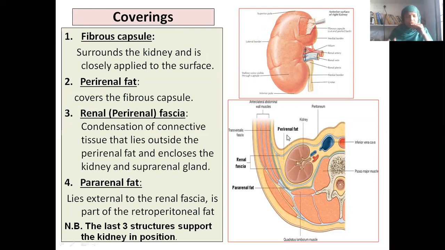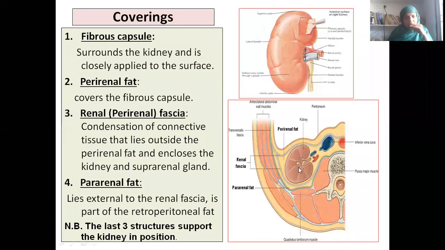It is highly confusing, but this particular part you read from my PowerPoint only, because I have prepared it from Datta. Okay, very clear explanation is there. And of course, in Vishram Singh it has been condensed too much. Very short it has become. At least this particular part I want you to read from my PowerPoint.